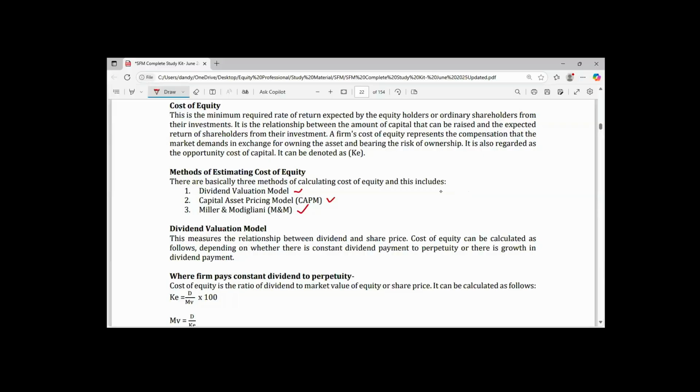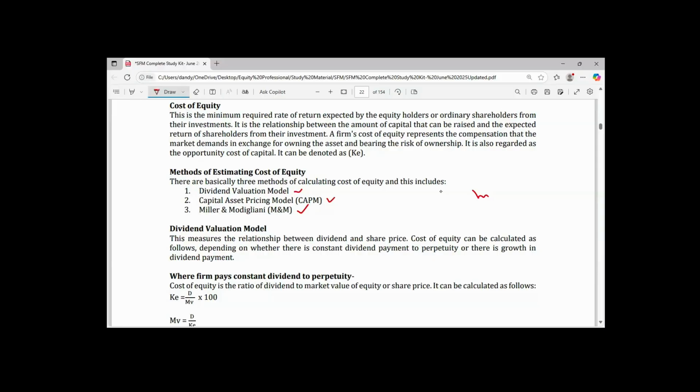And then, of course, I gave you the formula for calculating cost of equity where dividend will remain constant, then the other one where dividend will grow. All right. So we talk about ex-div share price. We'll talk about cum-div share price. I said ex-div share price is the share price that excludes dividend. And when calculating cost of equity, only the ex-div share price should be used.